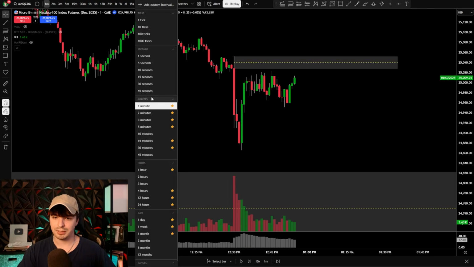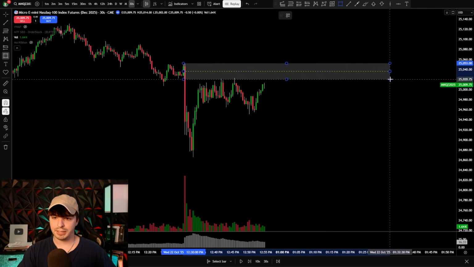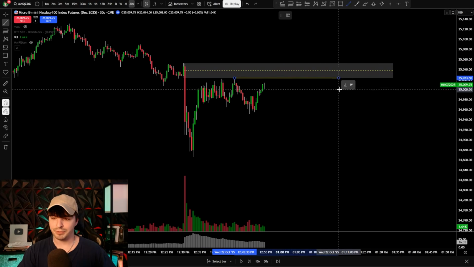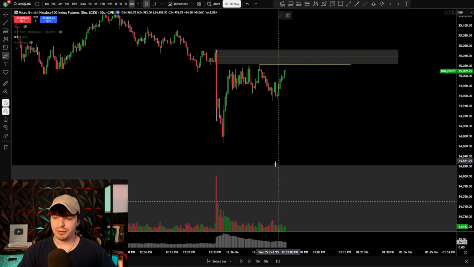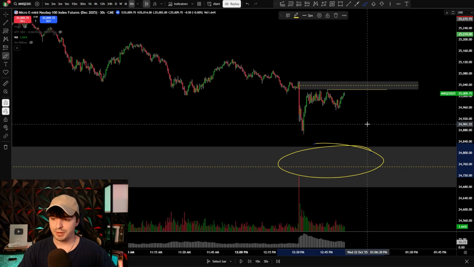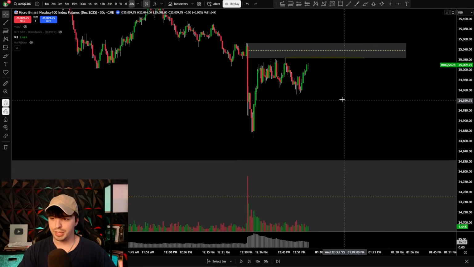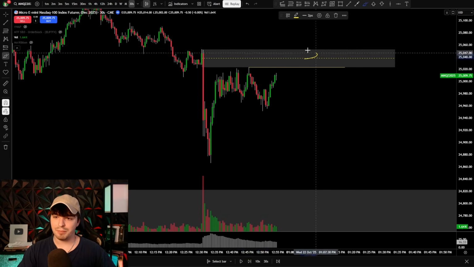Actually, I think it's on a 30-second chart. Yeah, 30-second chart. Here is a clear level of imbalance. And then we also have a clear level of liquidity, a high. And so now we have our two time frames aligned. We know that price is likely going to go to this gray box here because it's the 1 hour area of support. And it's basically going to act like a magnet, right? And then we have a bearish setup.